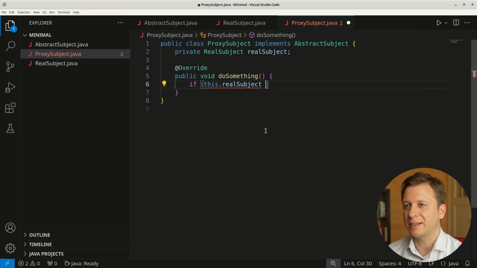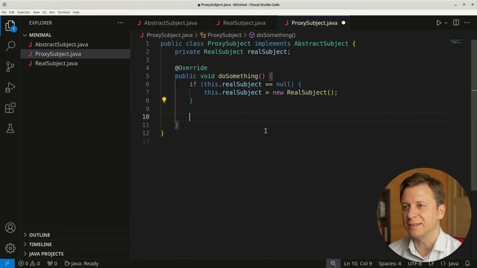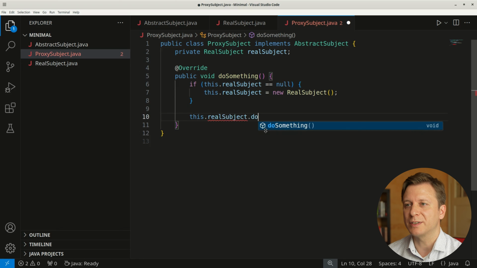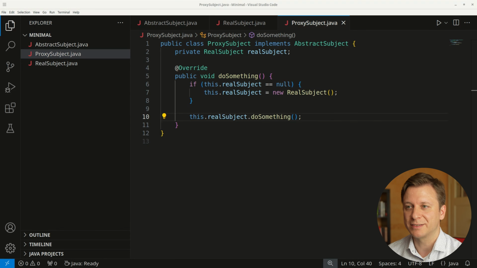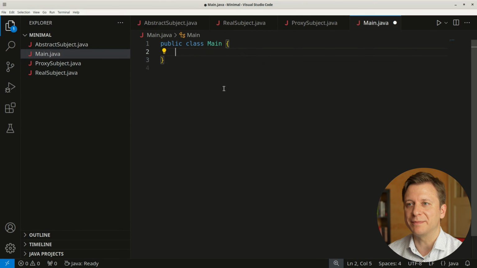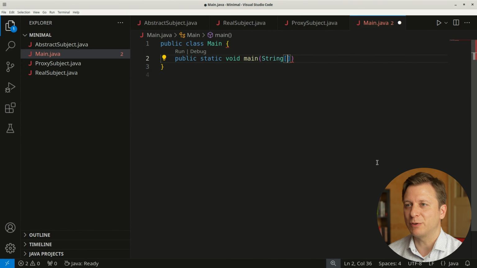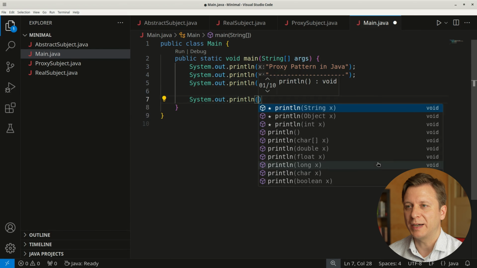Within here, the first thing that we do is check whether the real subject has already been instantiated, and if not, we create a new instance. After that, we execute the doSomething method of the real subject. To bring all these parts into action, we create ourselves a main.java. After creating the public static void main method, we output a greeting message to the terminal, followed by another terminal message,